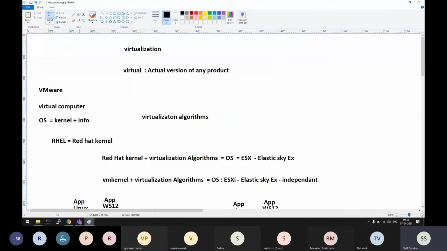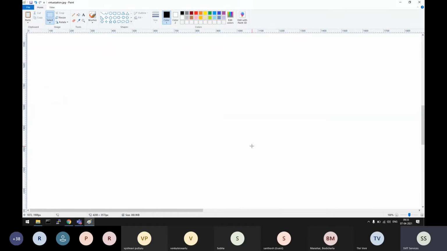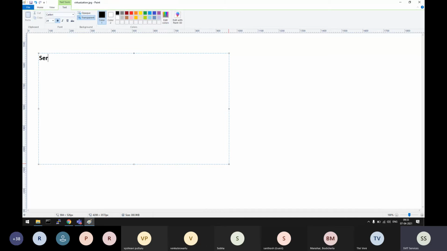So here, in the data center, for any organization or business that wants to run business applications, they need servers, they need storage devices, they need network devices. We are in this servers category, and based on virtualization, we create virtual servers.